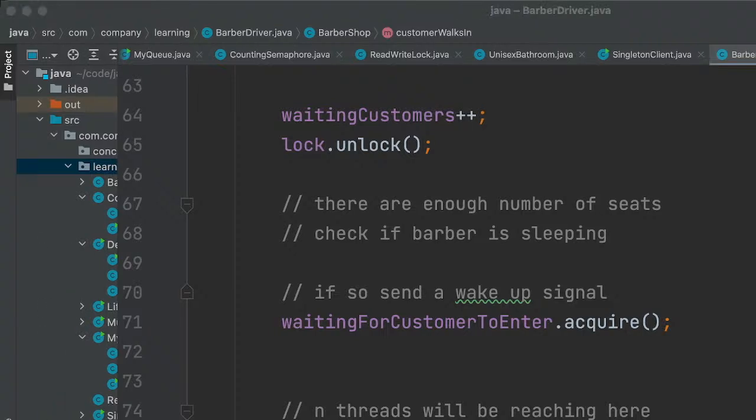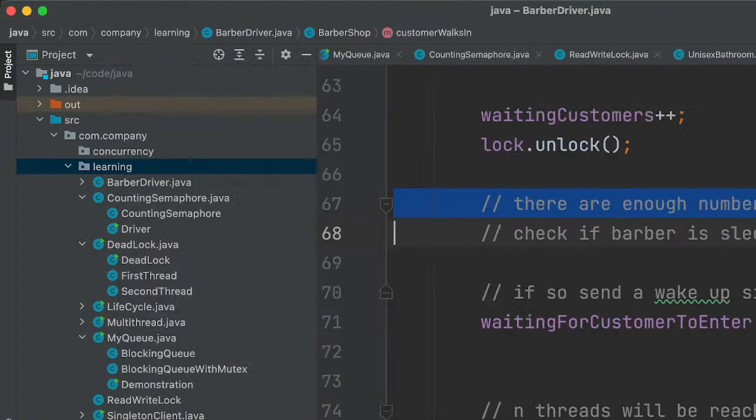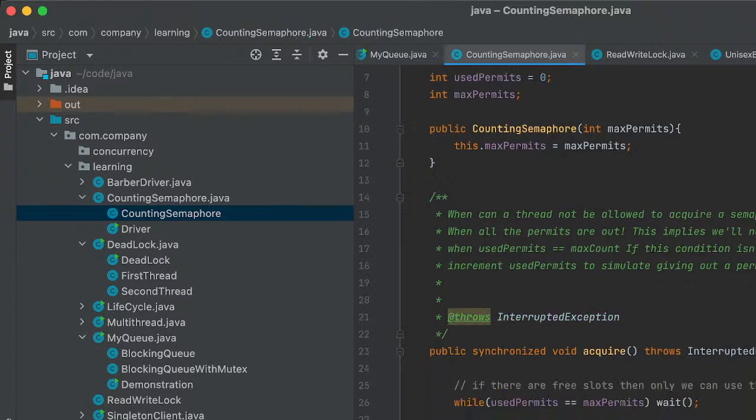Let me get some clarity on the semaphore operations. I always get confused between acquire and release. It also has counting semaphore.